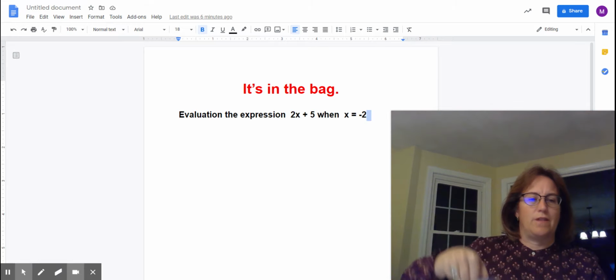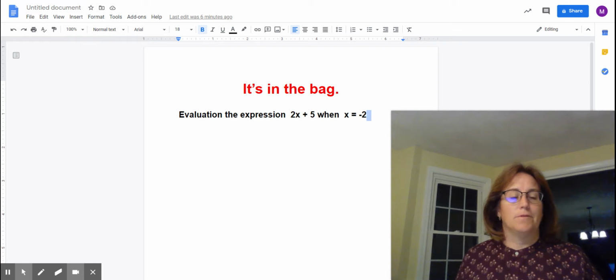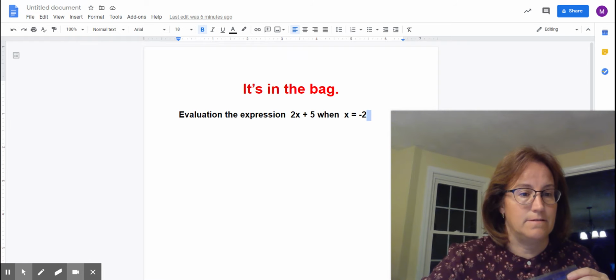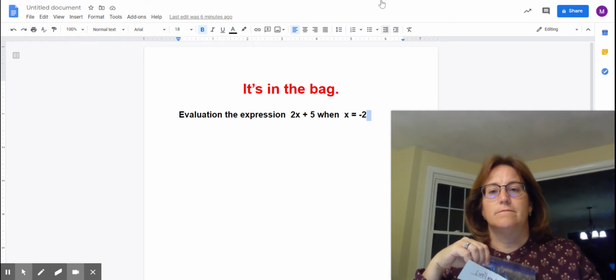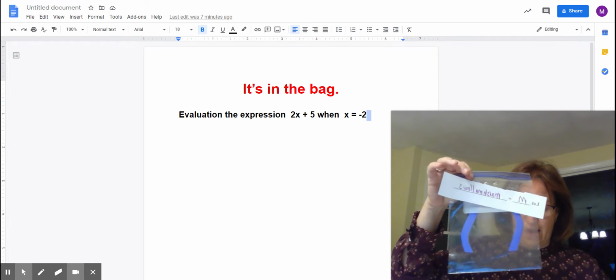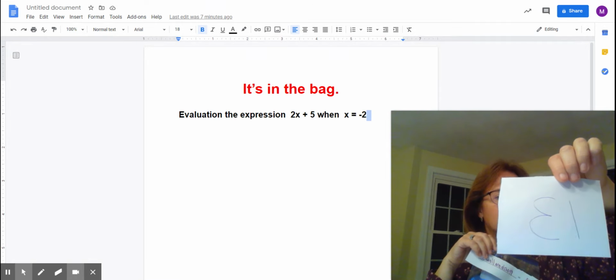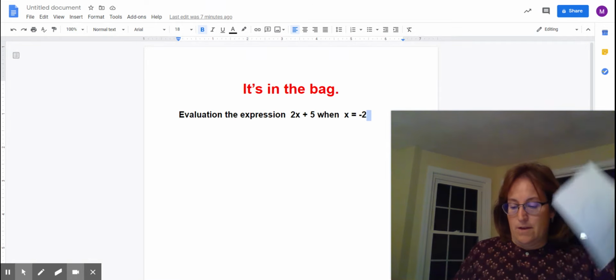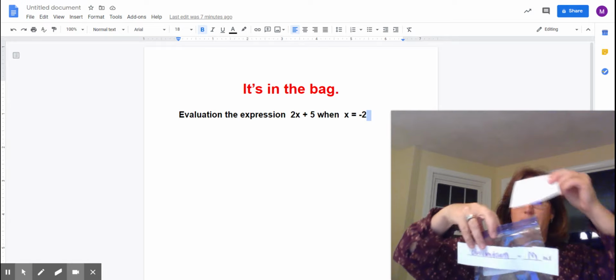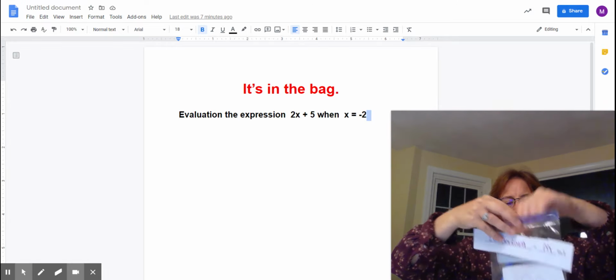Let me just do that one last time so you'll see. All right. When we're given a problem, such as you can see on my desktop here, we would have a variable such as M. The problem would tell us to plug in a number like 13. We would write parentheses and we would insert the number